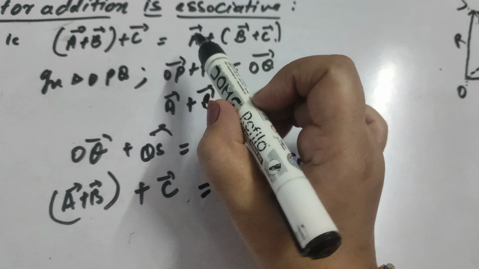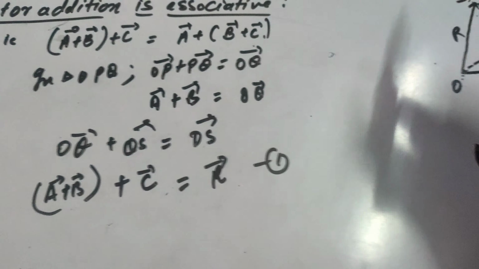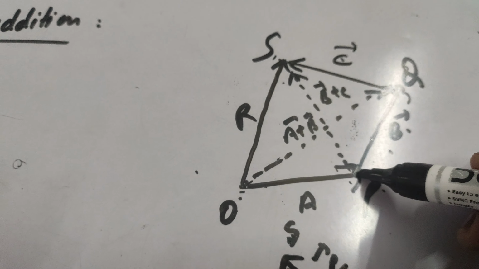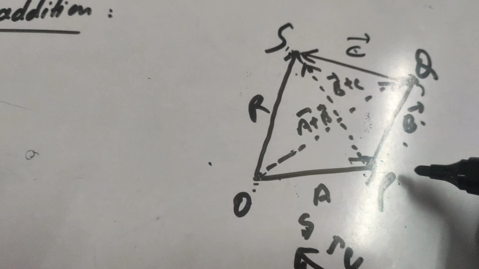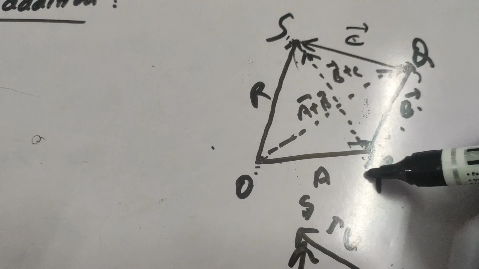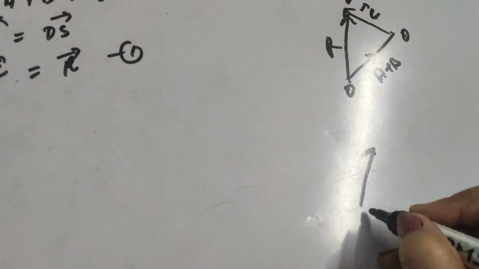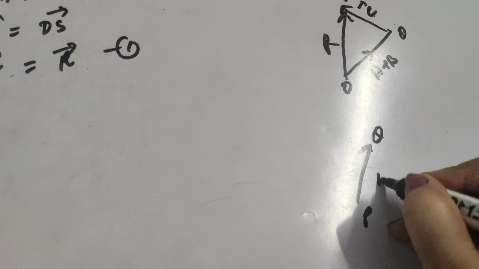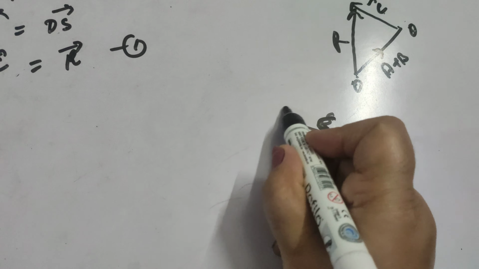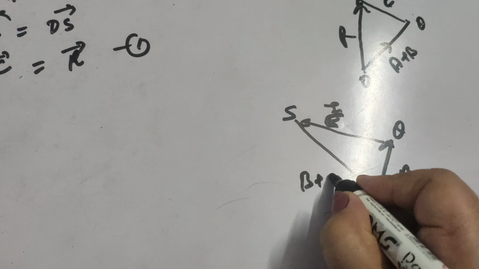Now in the right hand side we see here A vector is separate and B plus C is in brackets. So firstly we need to find B plus C. Now we will have a triangle, this one, with B and C. So this is PQS. These two vectors are along the sides of a triangle and this side represents the resultant. If I draw it separately, this is PQ, which is B, this is QS, this is C, right? This is S, and this is the resultant from P to S, which is B plus C, right?